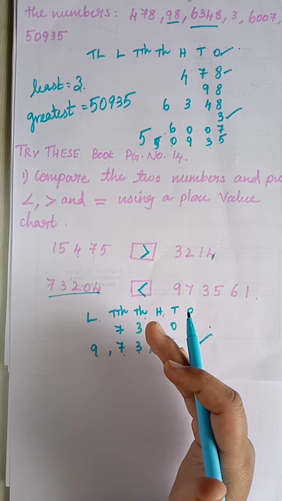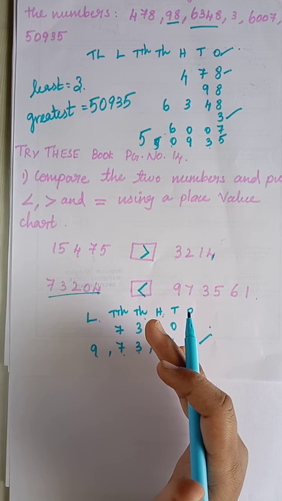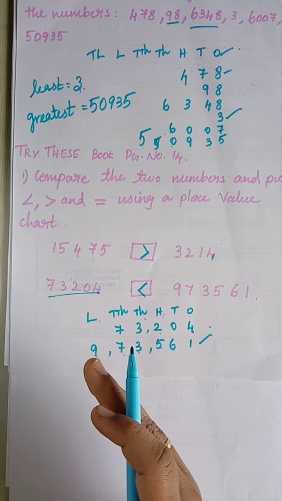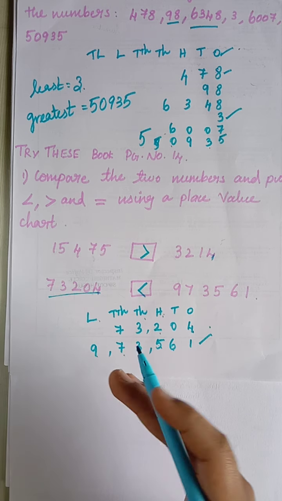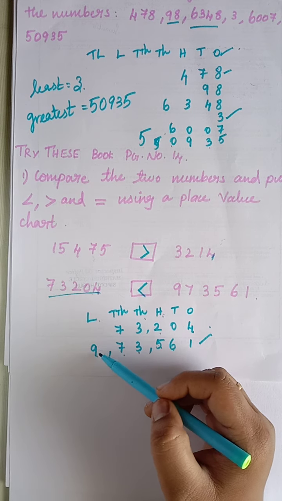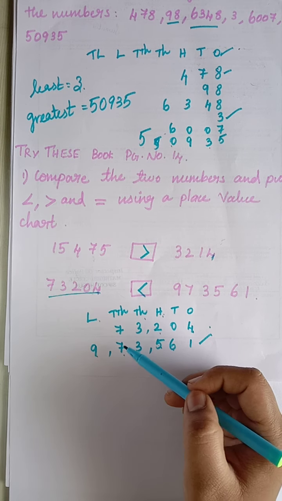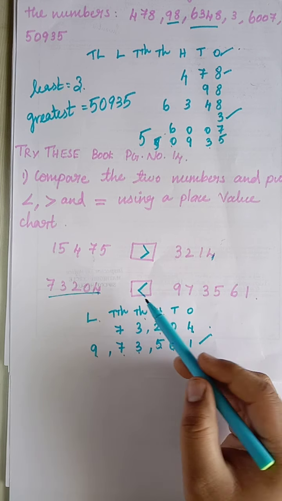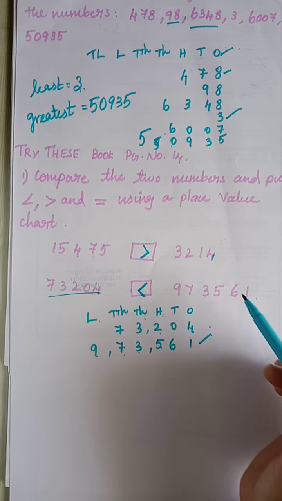Then we have to see which one is greatest. So how we have to see means we can see from the left hand side which starts from the biggest place value, we can write it as the biggest number. So 9 starts from lakh, but 7 starts from 10,000. So which one is biggest? 9 is the biggest number. So our answer will face like this.